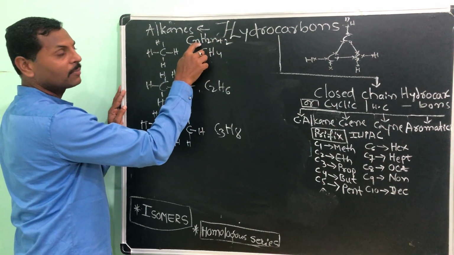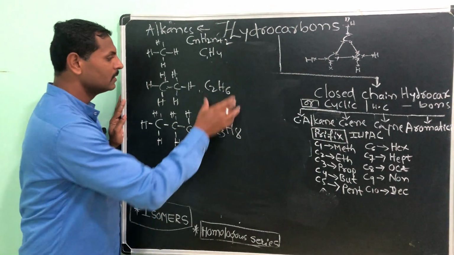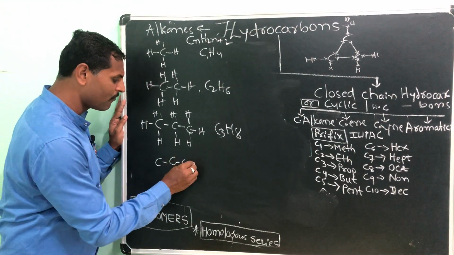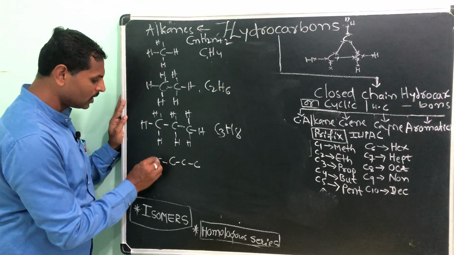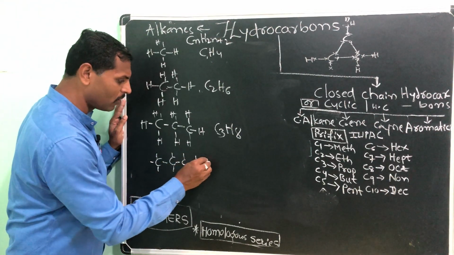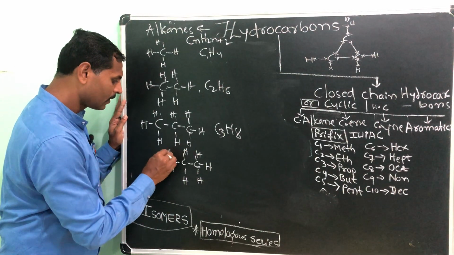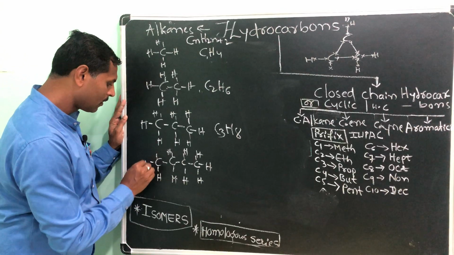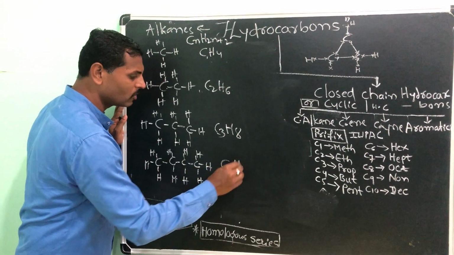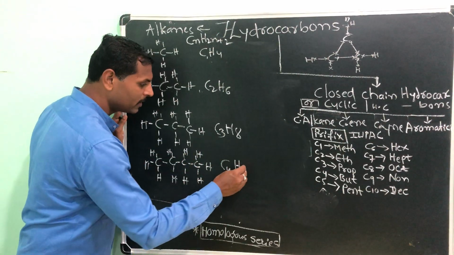Put the number of carbons in this one and you will get the exact number of carbons and hydrogens also. Like this, I will take a 4 carbon. 1, 2, 3, 4. See here. Number of carbons 4, number of hydrogens 4 twos are 8, because 4 plus 4, 8, plus 2, 10.